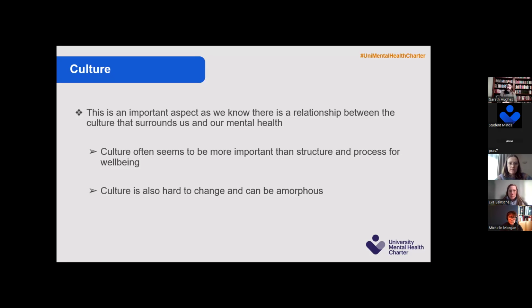I think it's also important to recognize that culture is really hard to change, and it's an amorphous thing. It's really hard to pin down what we mean. What are we actually talking about here? And shifting it, particularly within universities, is really quite difficult because they are quite often siloed, because of the nature of it, because we have departmental silos, faculties and central services and so on. It can be difficult to get all of those bits all moving in the same direction and behaving in the same way at the same time. So it takes quite a lot of effort and quite a lot of push to actually get culture to change.